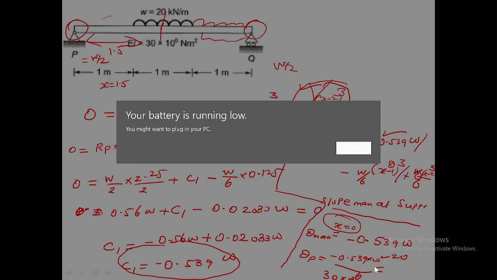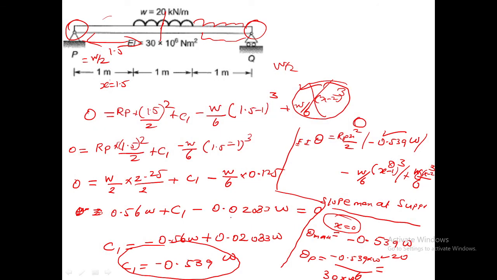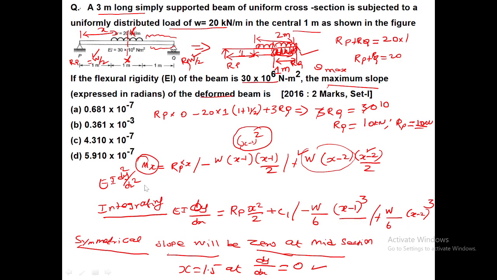Solving this, we get minus 0.359 into 10 power minus 3 radian. This is the answer. The answer is B, the second one, 0.361 into 10 power minus 3. This is solved by using